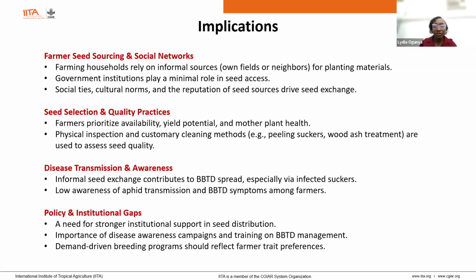Informal seed exchange contributes to BBTD spread, basically through infected suckers. We also see there is low awareness among farmers on how BBTD spreads and on its symptoms. In terms of policy and institutional gaps, there is a need for stronger institutional support in seed distribution, such that we will have more certified seed systems applicable to banana. There is also high importance of disease awareness campaigns and training on BBTD management, both in the BBTD-affected region and as well as the